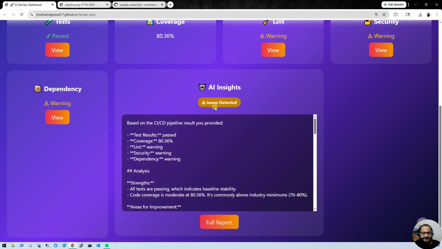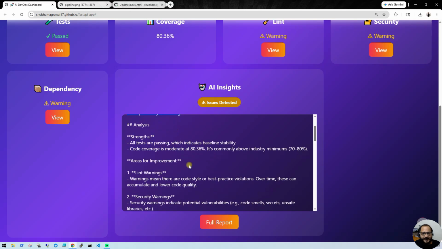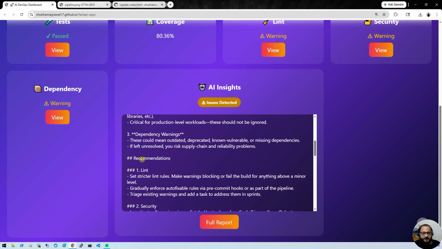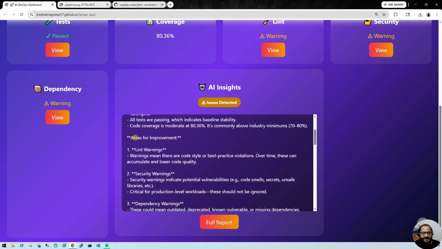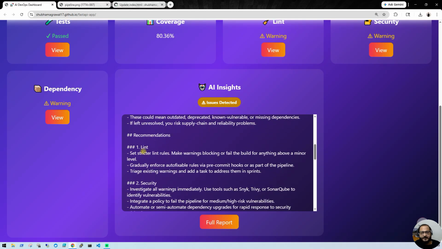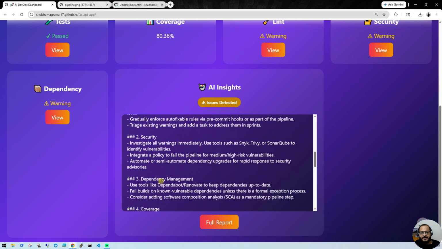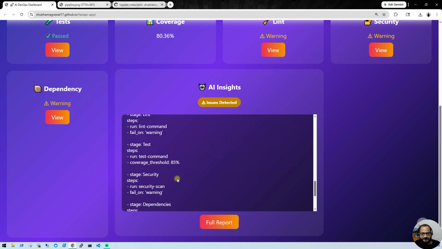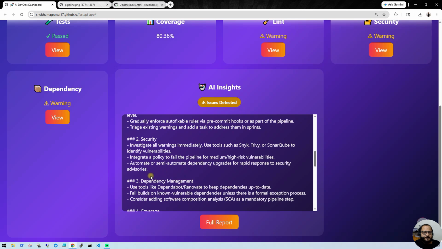If you see this AI summary here, it is collecting all the results, analyzing them, and also providing a recommendation. These are the areas of improvement: lint warnings, security warnings, dependency warnings, and it is also providing us a recommendation on what needs to be done to fix these issues. Okay, so now